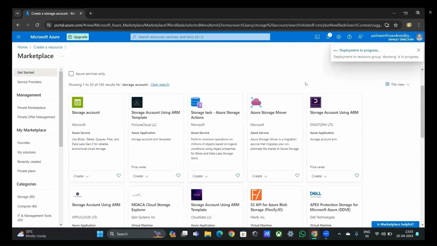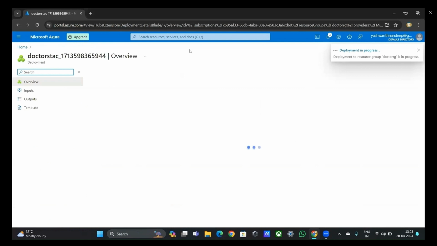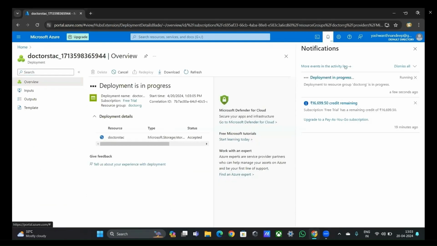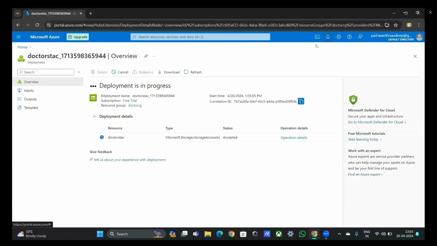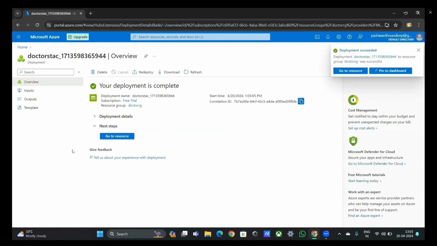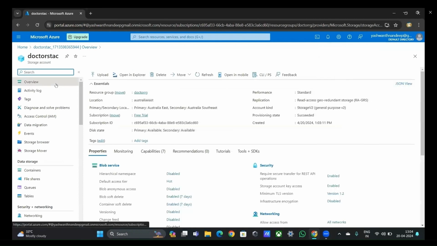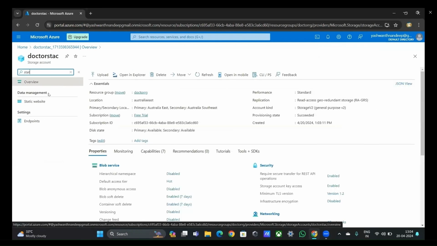Here we can see that deployment is in progress, and after that we will see a notification that our deployment is successful. Here we can see a pop-up notification that deployment succeeded and your deployment is completed. Now go to resource, search for the static website in the search bar,